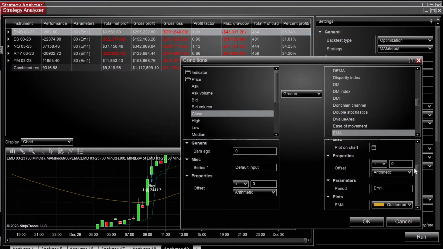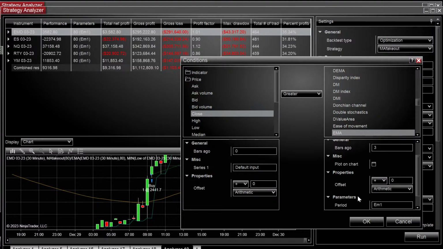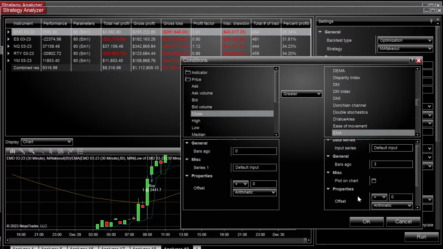Close is greater than the EMA 3 bars ago. That is not the case on the chart here. Maybe create a variable out of it, or